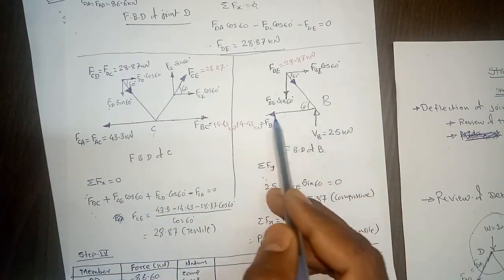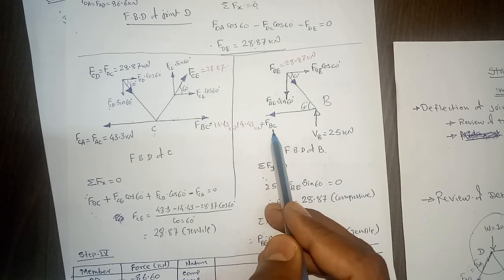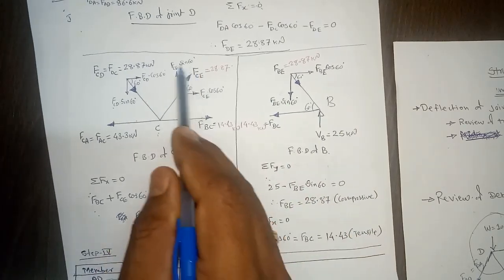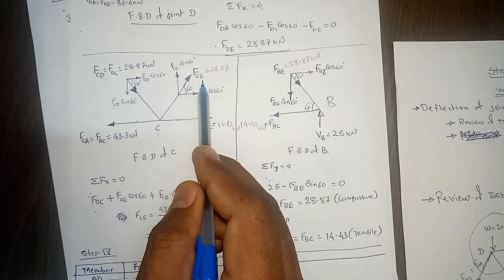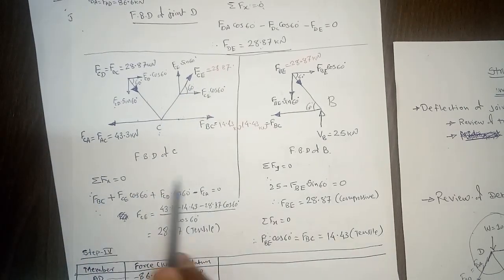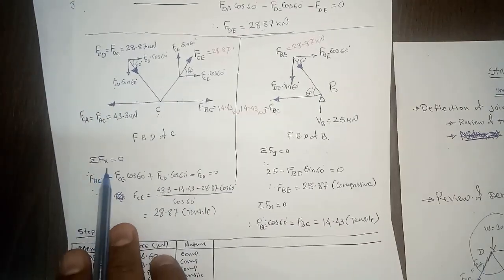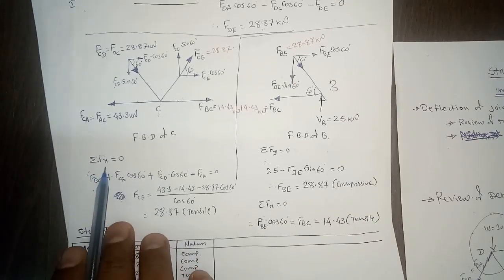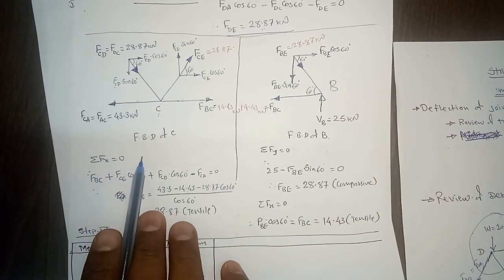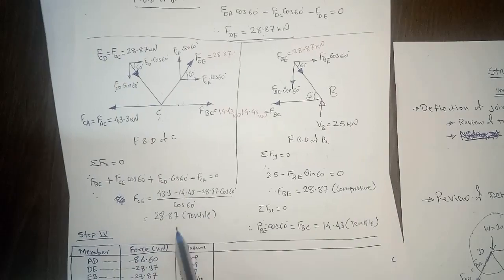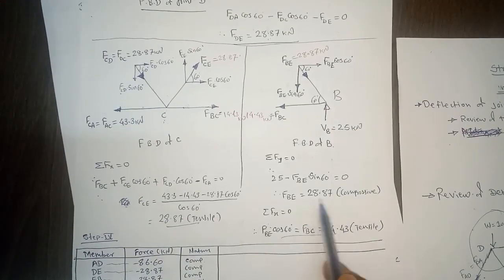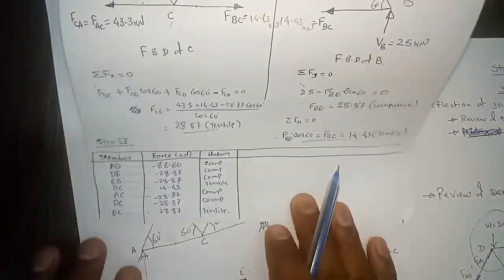When you solve joint B, you will get the force in member BC at that time itself. So the only unknown will be member CE, right? You can solve that using any one condition, summation Fx equal to 0, or even if you use summation Fy equal to 0, you will get the answer, right? So we calculate all the forces, and then finally this is step